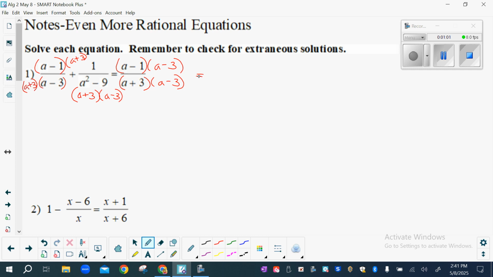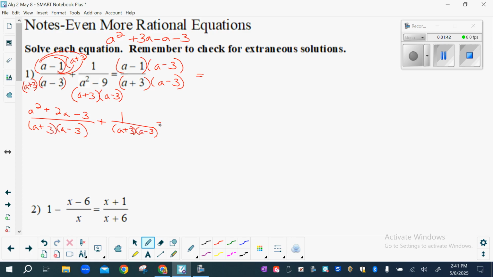So I'm going to go ahead and multiply it out just to give myself less steps there. So we're going to use the claw, and we would get a squared plus 3a minus a and minus 3. So that's going to simplify to a squared plus 2a minus 3. And then plus 1 over a plus 3 times a minus 3